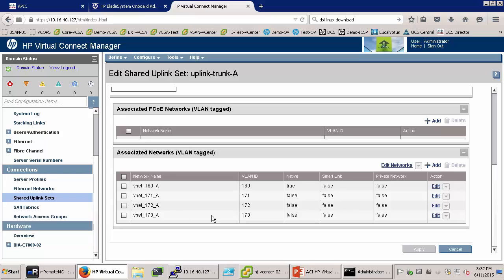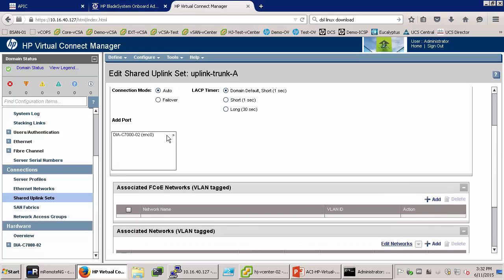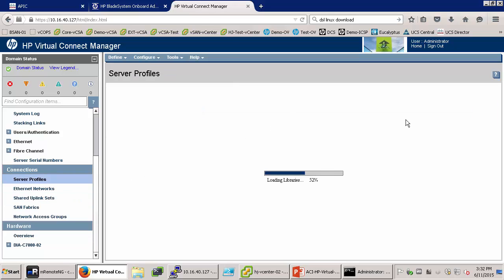Okay, so you define one shared uplink set for the virtual connect module one. You add the ports, which are X5 and X6 over here, but it's not showing up because right now I'm using the other option to configure the networking. So this is the one option. You define two shared uplink sets to match the VLAN number, and then later on in the server profile,